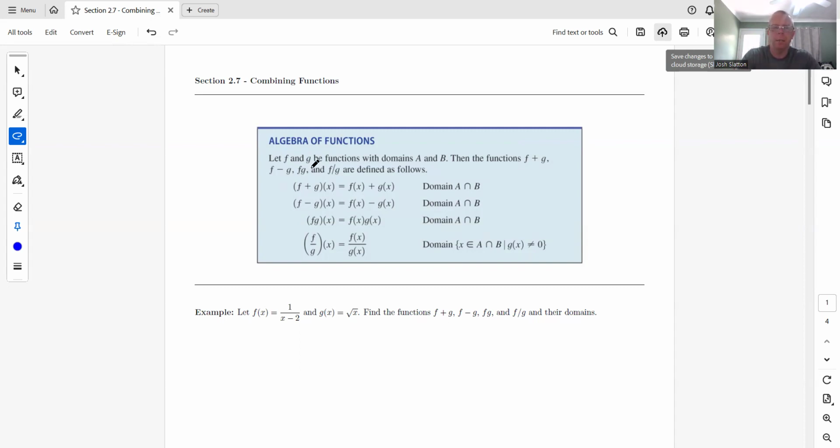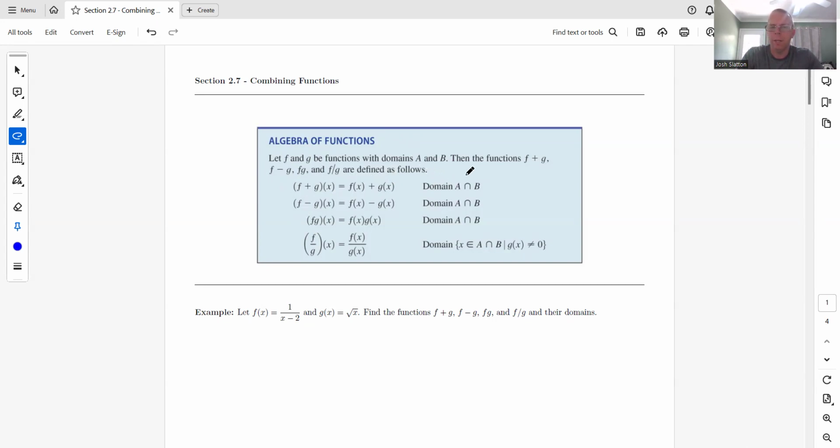Meaning, looking at this table, we have f plus g of x. So we're adding f and g. All we're doing is adding f of x plus g of x, and likewise for the rest of them. So this is nothing too complex, I feel like it's pretty common sense. The algebra of it could get complicated a little bit, but I don't think it's too much to worry about. And then as far as the domain goes,